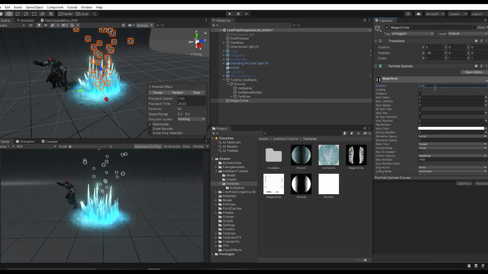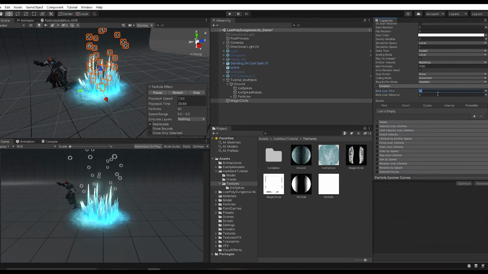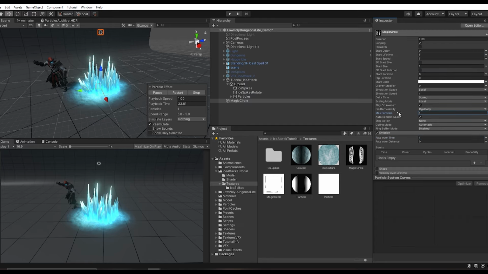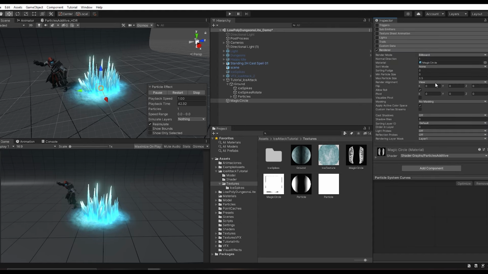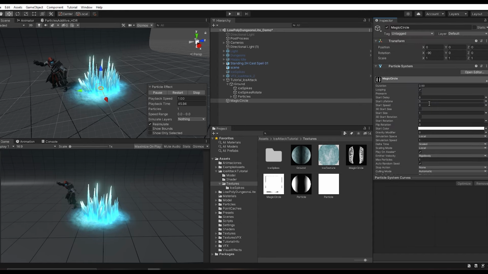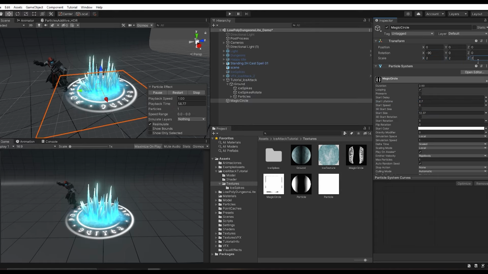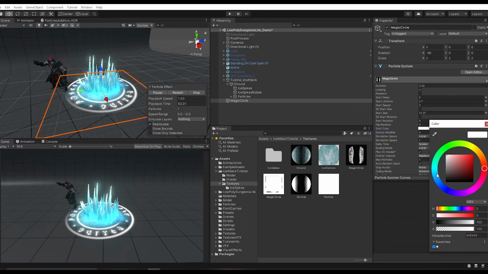We change the duration to 2, the rate over time to 1, the start speed to 0, the render alignment to local, the lifetime to 2.7, the start size to 12. In my case, I changed the scale too. We change the colors